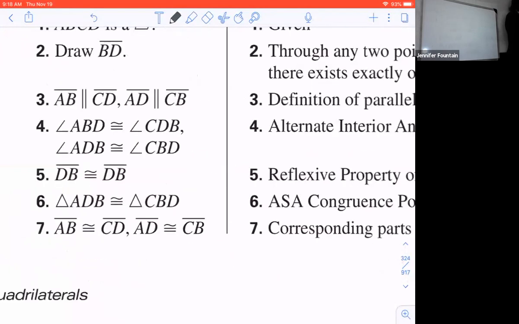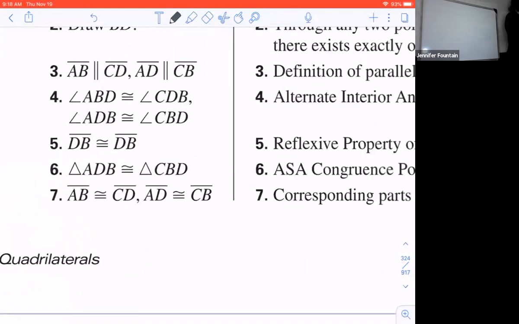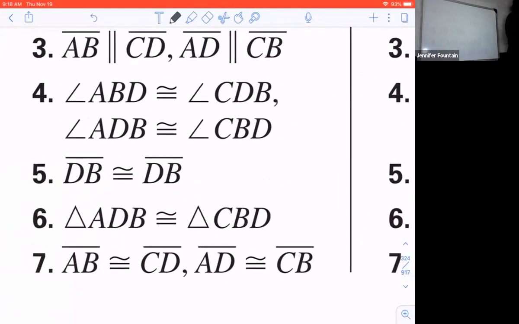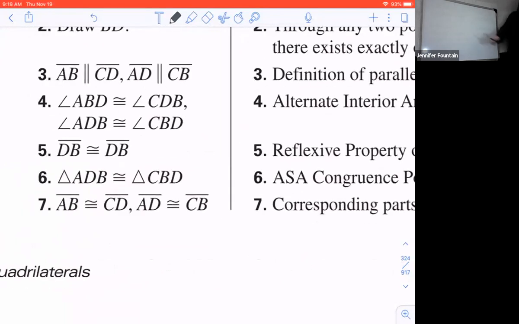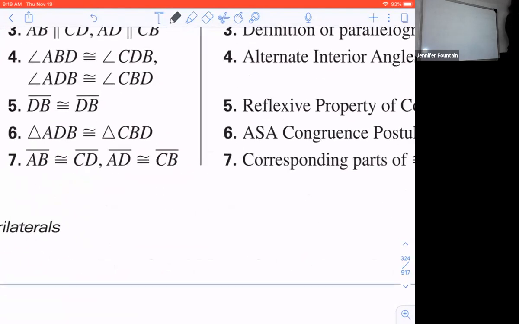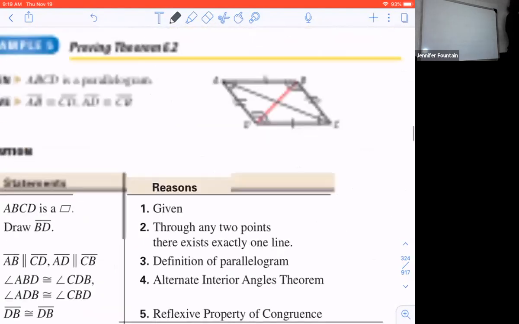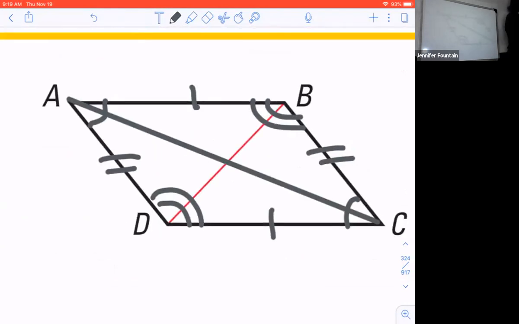Therefore, we have the alternate interior angles theorem telling us that they're congruent. So we marked those. Therefore, we can also see that DB is congruent to DB by the reflexive property, from when I drew that diagonal. Therefore, if we look at our two triangles here, if I take this diagonal away, we can just focus on